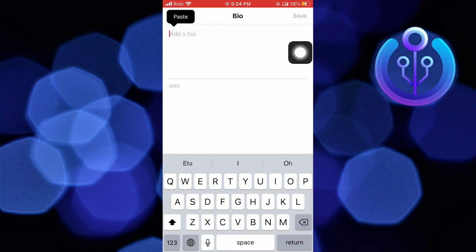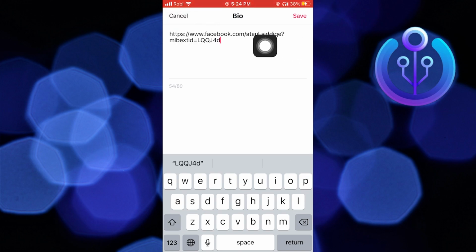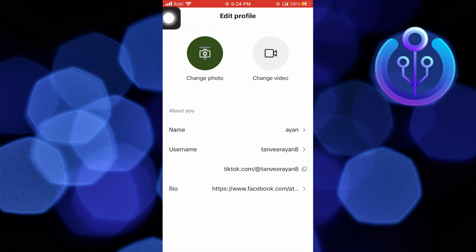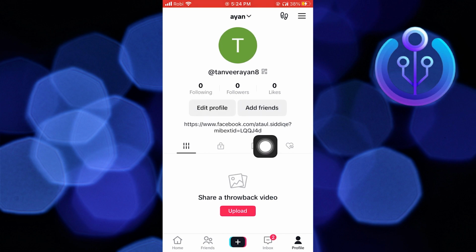Now paste the link which you have copied from Facebook. After that, tap on Save. Then go back to the profile. As you can see, your link has been